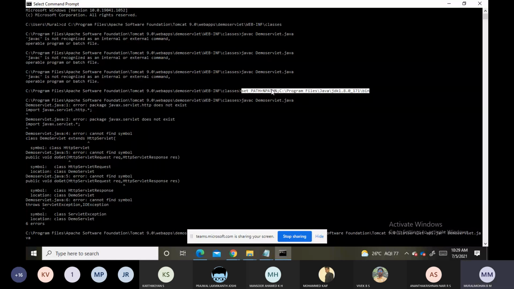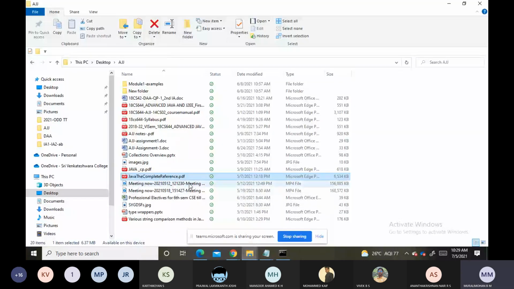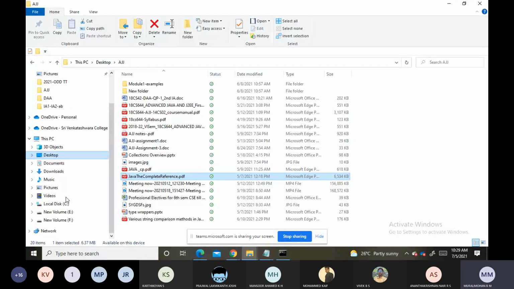Where is this javac command? You find out in your computer, in your C drive, where your javac exe file is.